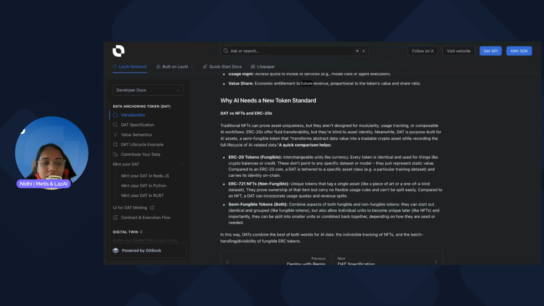So instead of just tossing your data into the void, you are actually anchoring it to the blockchain, and you are controlling the usage and earning rewards. So without further ado, let's start minting